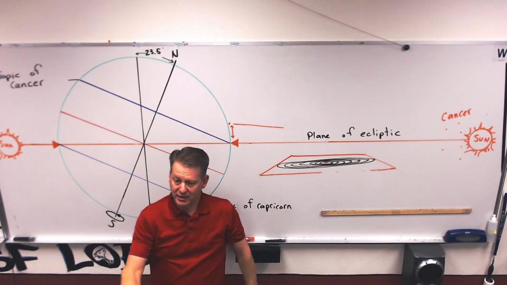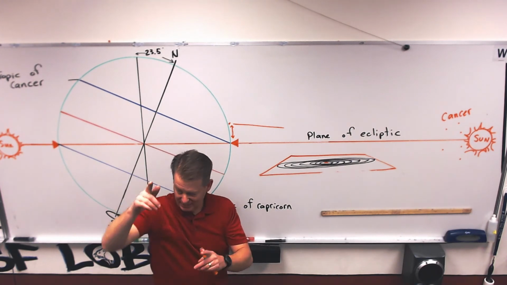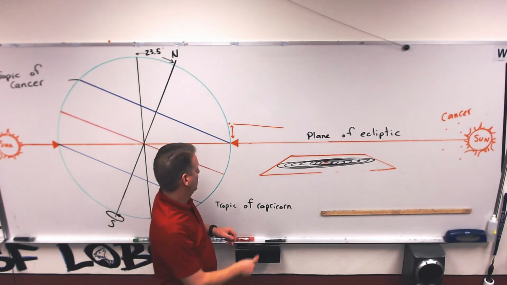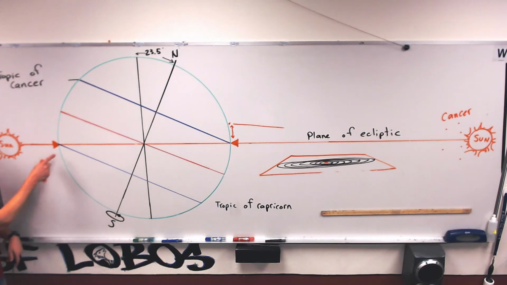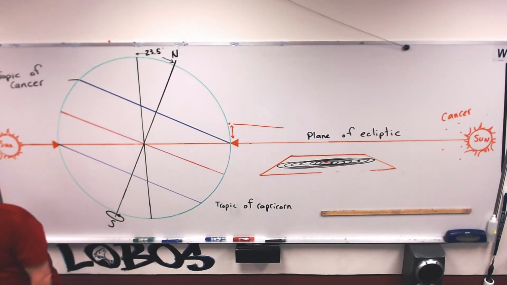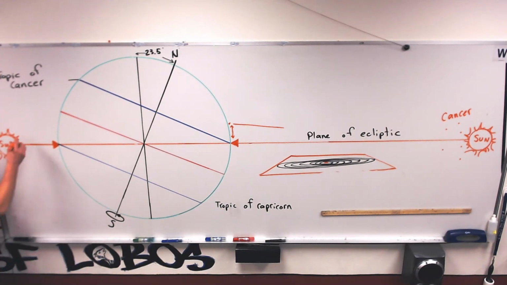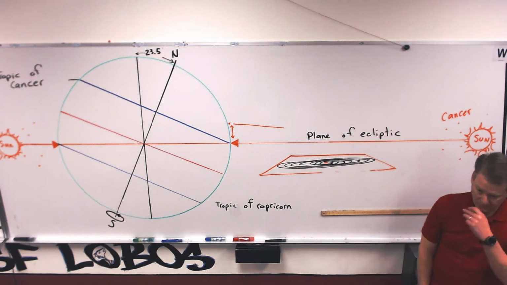So at nighttime, they can actually make measurements from the constellation Cancer to where they are and get some angles and be able to guide themselves at night to figure out where they are on the globe. Can you guess why this one's called the Tropic of Capricorn? At nighttime, the constellation Capricorn is found right here where the sun would be. So at nighttime, they can look at Capricorn and identify their location, because that's where the sun should be in the winter time.